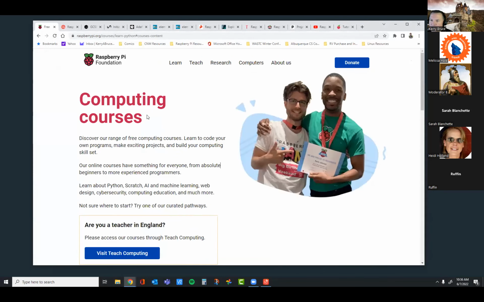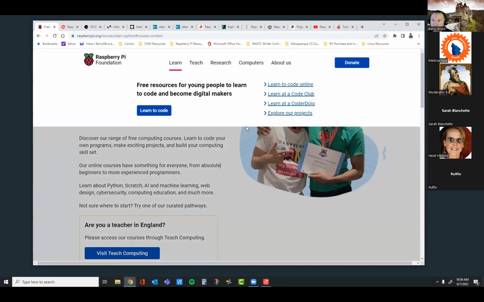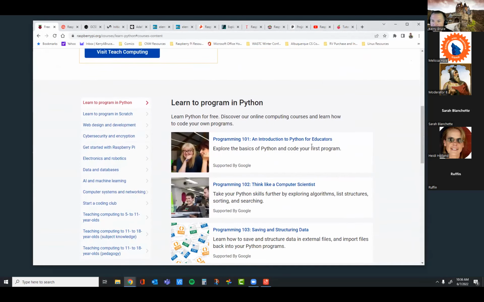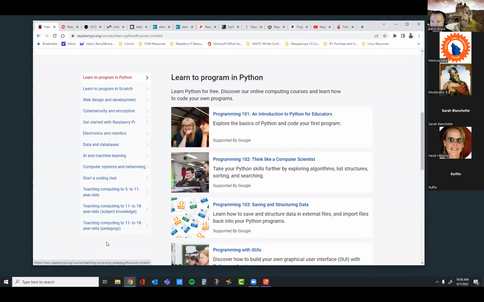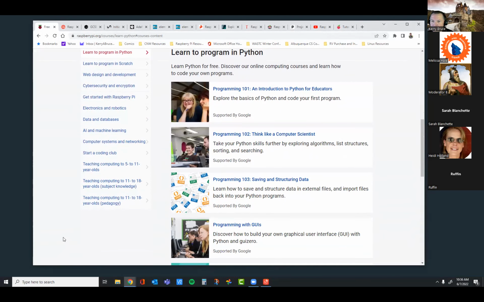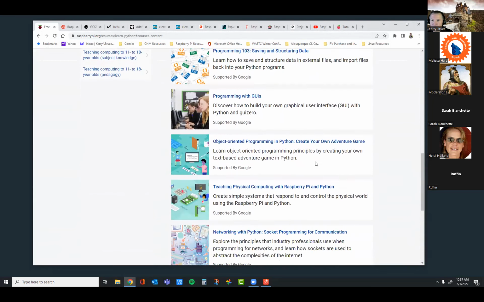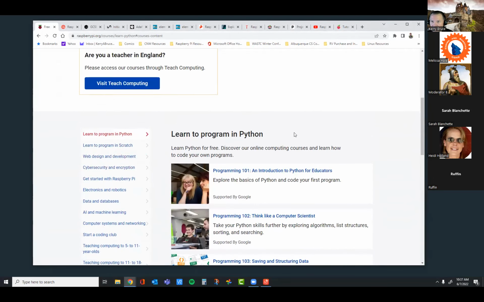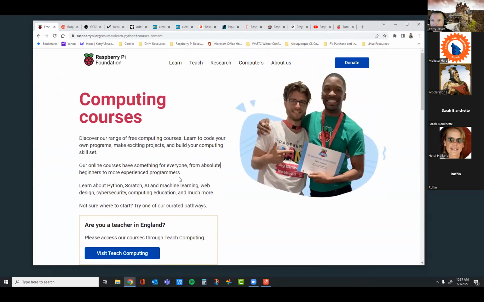We talked about this yesterday, and these are computing courses, and these are really designed, I think, for the instructor, right? So these are courses that are really designed for you, the instructor, to beef up your knowledge about these topics and be better prepared. So definitely worth a look. And that one's also stored in our web resources document.